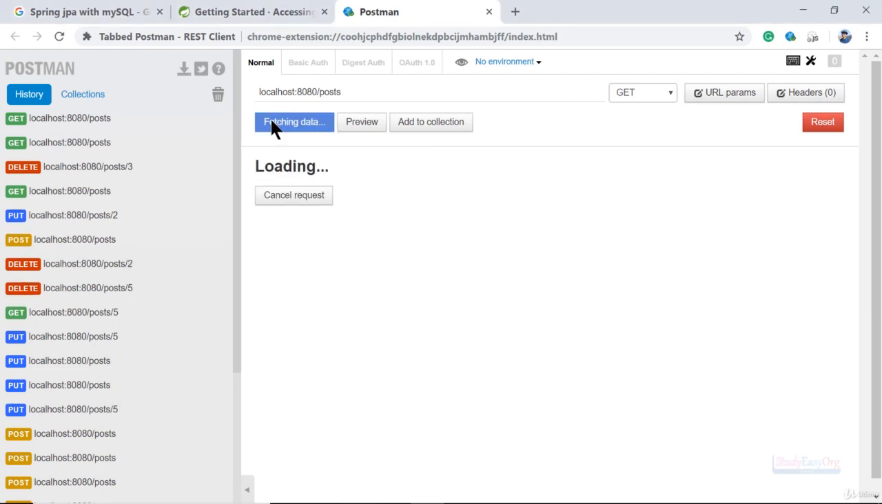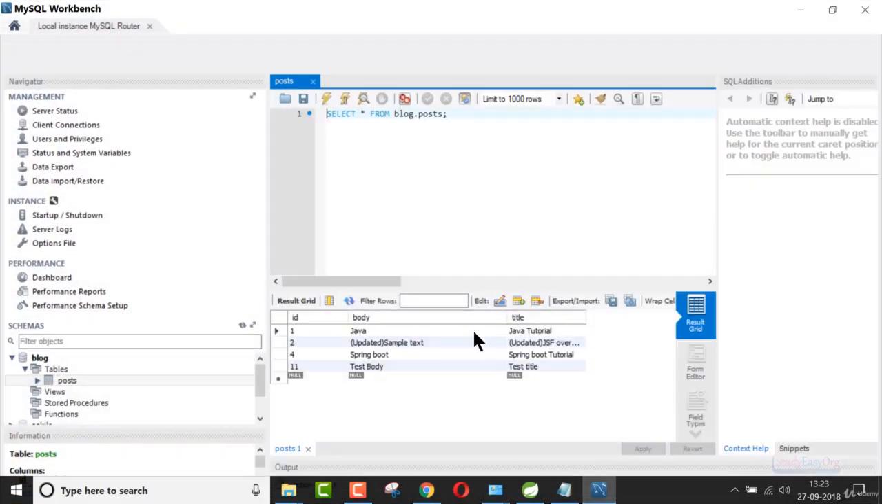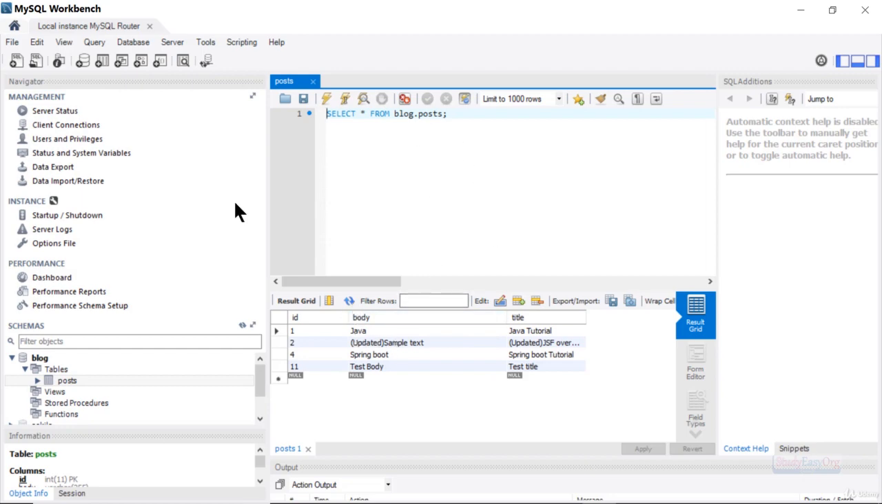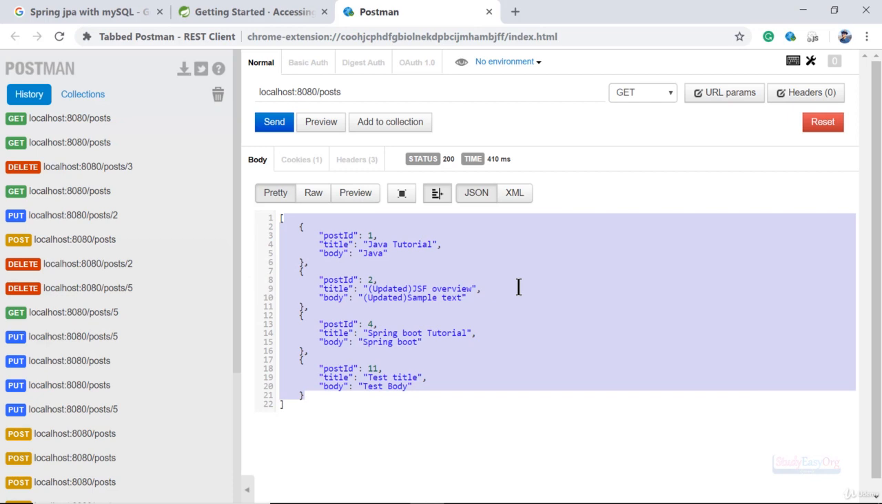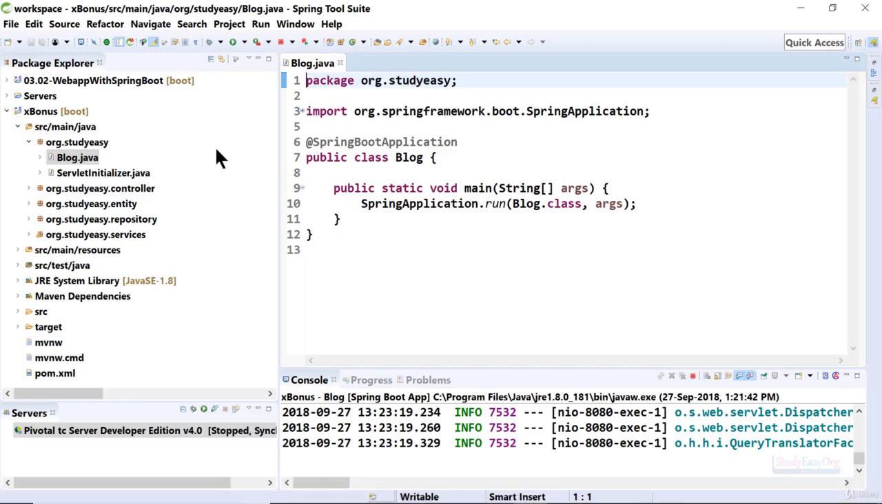Now, as of now, if I show you, we have 4 values in our database and we can again check this by taking help of a workbench. So information is present in the database. We are able to fetch the information. Everything is good enough. Now let us quickly navigate to our STS, and in here we have something known as